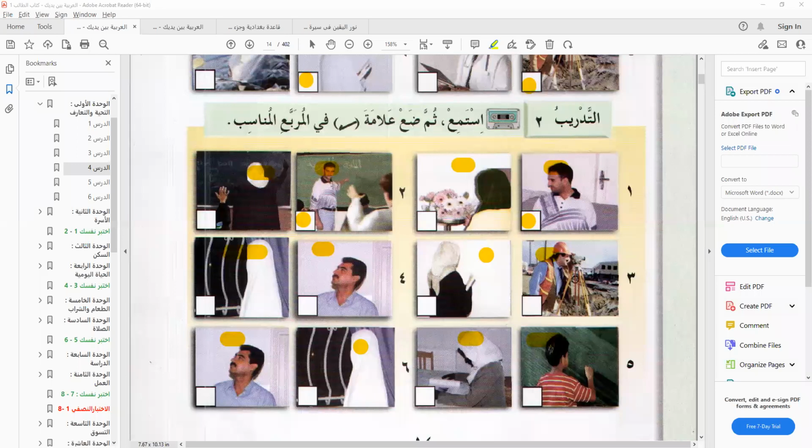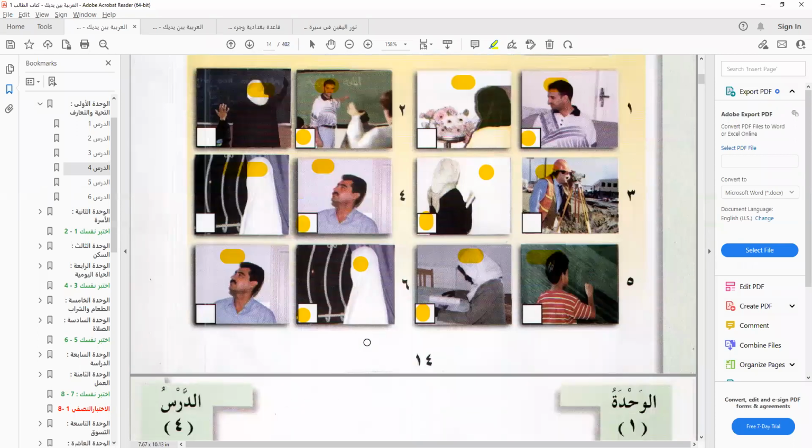Then the third, أنا مهندسة. This is correct. The fourth, هو صديقي. Yes. The fifth, هي طالبة. Yes. And the sixth, هذه صديقتي. Yes. So you can mark yourself right or wrong. Now